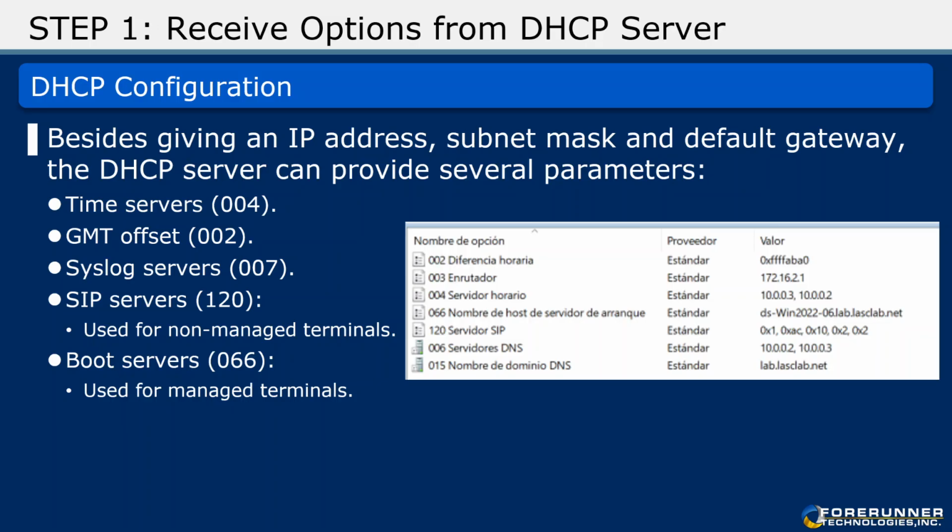So the best way is to go on the internet and search for DHCP option 002 GMT offset, and you will see exactly how to specify it for your particular time zone. Basically it is specified in number of seconds,